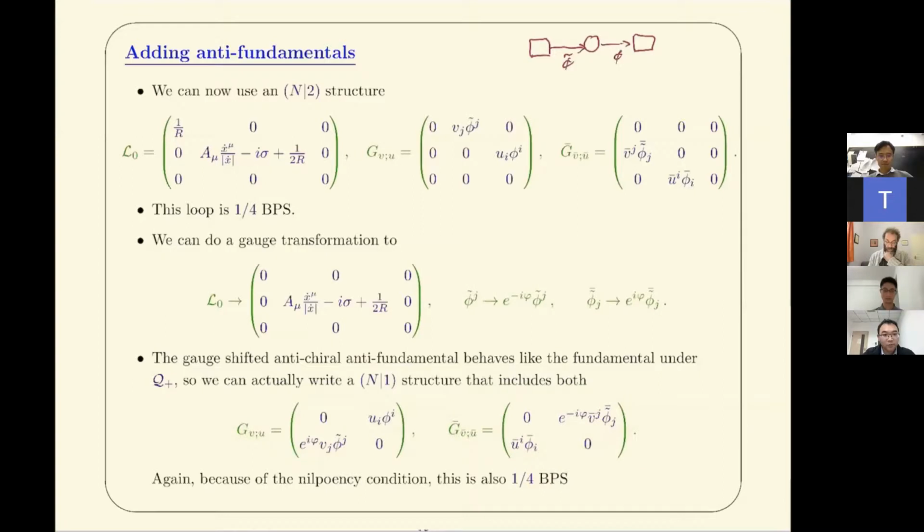And again, they don't square to 0, but that is fine. They didn't square to 0 previously. So here you have another way. So this is how I construct a Wilson loop with both fundamentals and anti-fundamentals. If I wanted a half BPS loop, I would have to either restrict to this side of the quiver or to this side of the quiver, meaning I need to restrict to this subblock or to this subblock of this matrix.